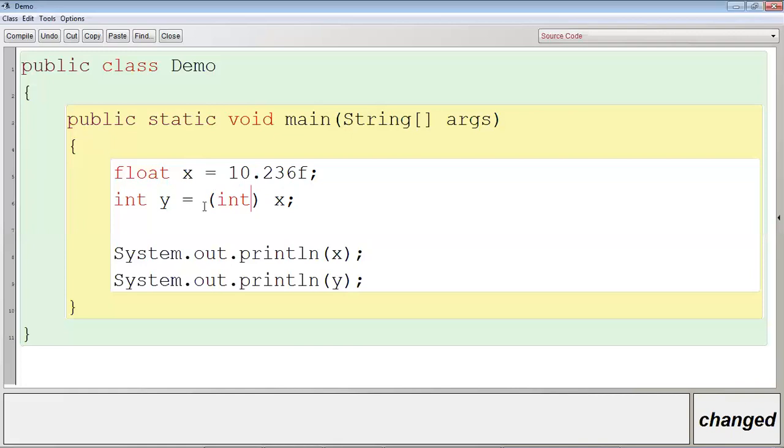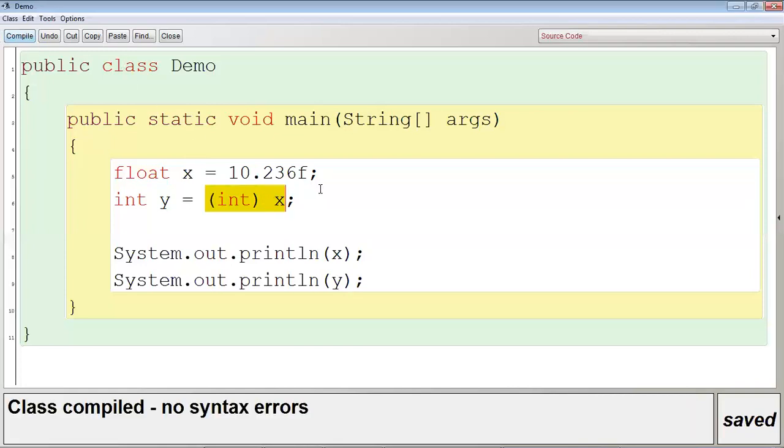और इसी प्रोसेस को क्या कहा जाता है? एक्सप्लिसिट टाइप कास्टिंग. यानी कि हम लोग जबरदस्ती वेरिएबल एक्स का जो वैल्यू था 10.236, इसको जबरदस्ती इंट में कन्वर्ट कर रहे हैं. इसी कारण से इम्प्लिसिट को क्या कहा जाता था? वाइडनिंग. यानी कि उसका साइज बड़ा हो रहा है. ठीक है, उसका प्रिसीजन ज्यादा हो रहा है. और इसको क्या कहा जाता है? ये जो एक्टिविटी हम लोग कर रहे हैं, इसको कहा जाता है नैरोइंग. It is called as narrowing.